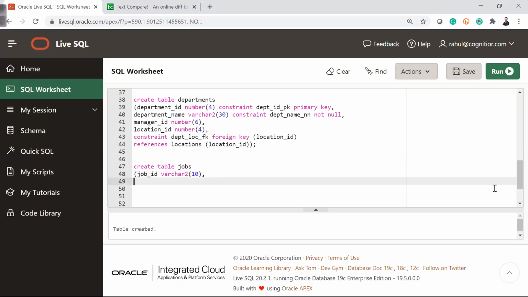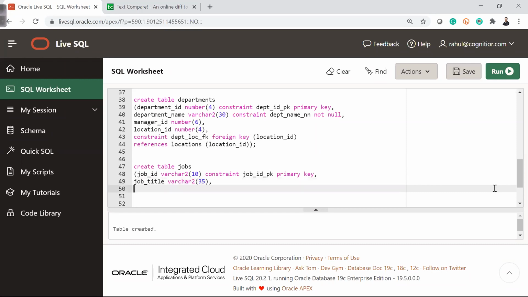Then obviously I want to make this a constraint, so constraint job ID underscore PK as primary key. Then comma, we have job title varchar2(35).